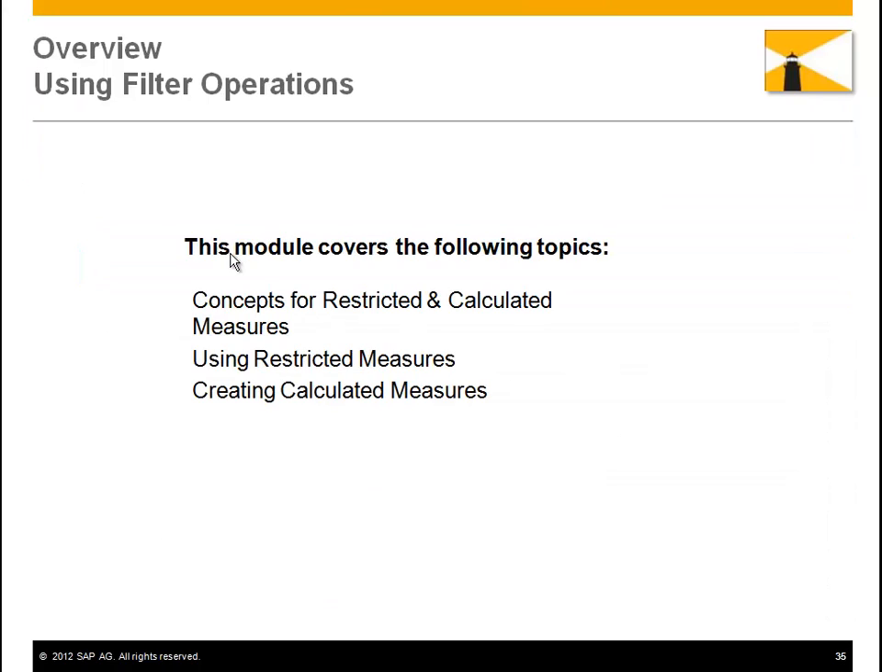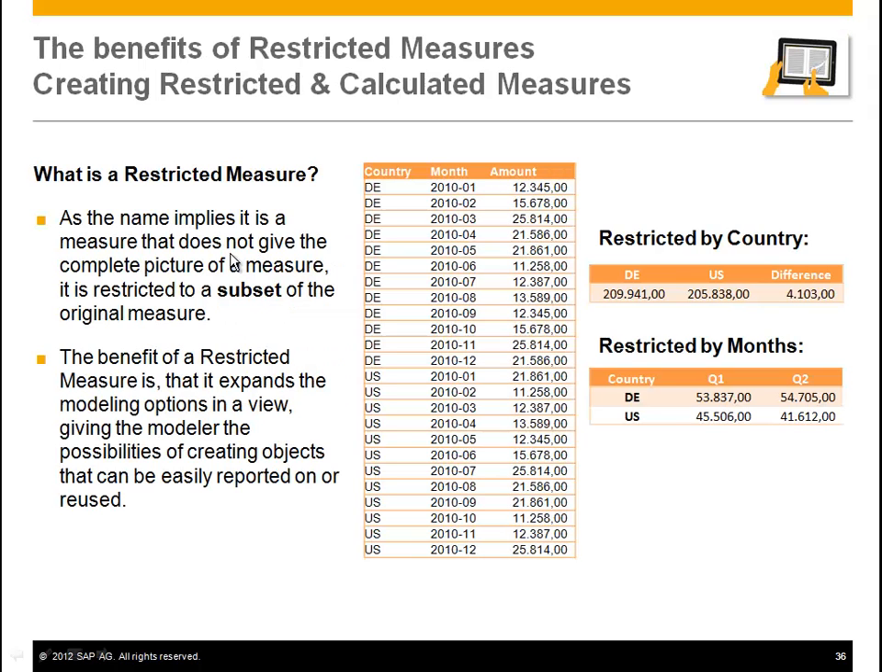In this lesson, we're going to look at how to create restricted and calculated measures. So, what is a restricted measure? A restricted measure is a measure which is restricted by a value of an attribute. So let's say you want to see sales for the year 2011. In that case, you can create a restricted measure with the measure sales and restrict it for the year